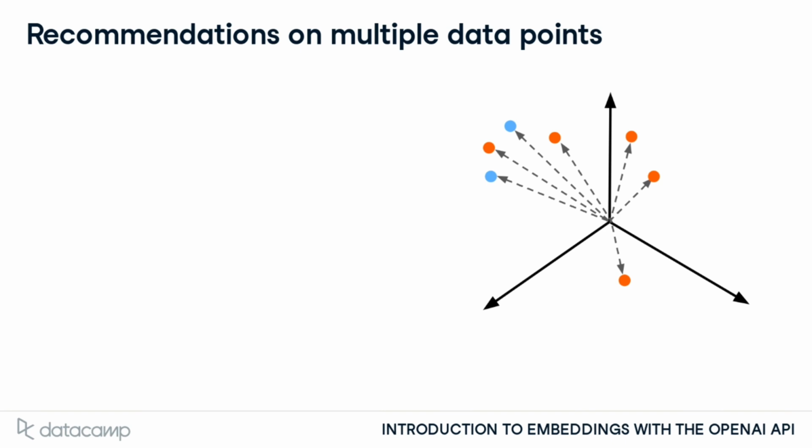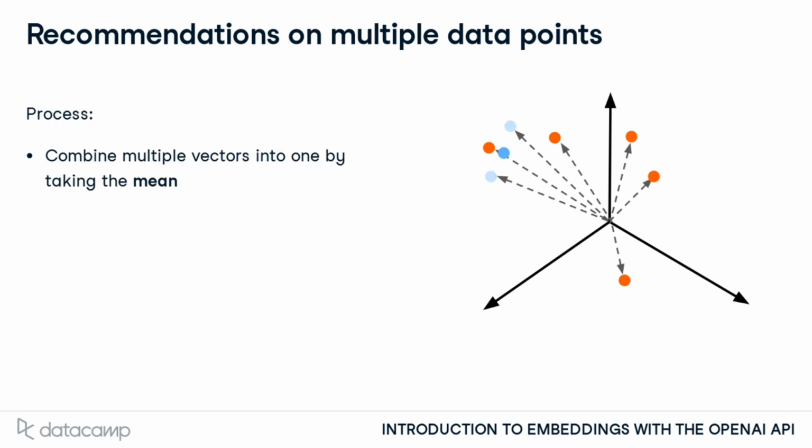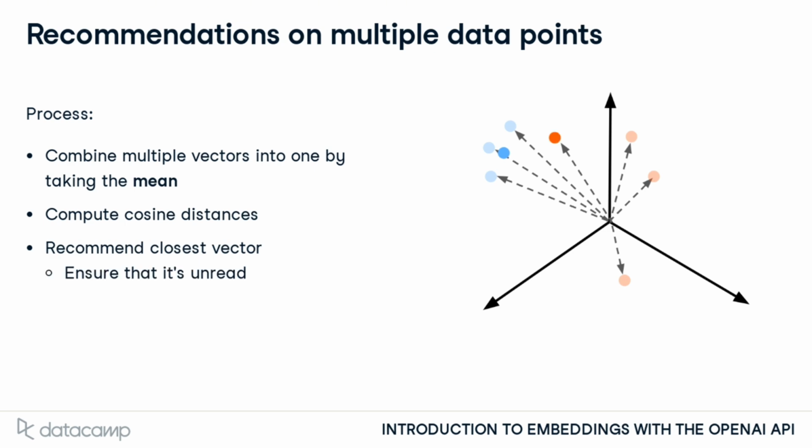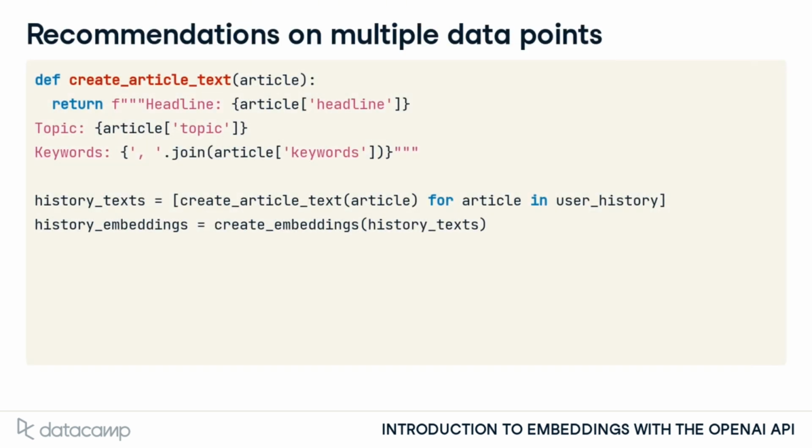To find the most similar vector to 2 vectors, we'll combine the 2 vectors into one by taking the mean. Then, we'll compute cosine distances as we did before and recommend the closest vector. If the nearest point has already been viewed, we'll make sure to return the nearest unseen article. The first 2 steps to embed the user history are the same as before, combining the features for each article and embedding the resulting strings. The only difference is that we take the mean to aggregate the 2 vectors into one that we can compare